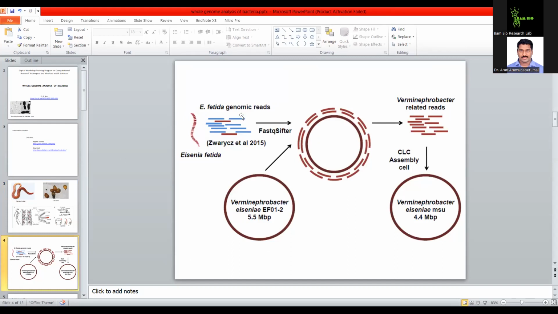So if you see this diagram, the blue color one are the earthworm DNA and the red color one are the bacterial DNA. So when they published it, they thought the entire thing as a single organism. But when I analyzed it, we came to know that this red color bars indicating the bacteria genome were also present in the data set. So what I did was,